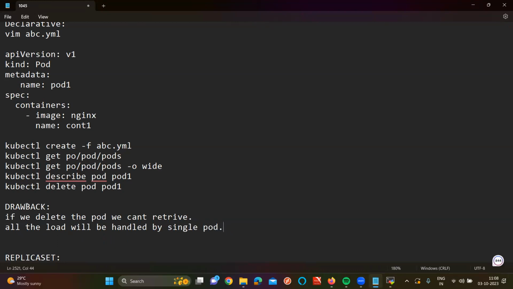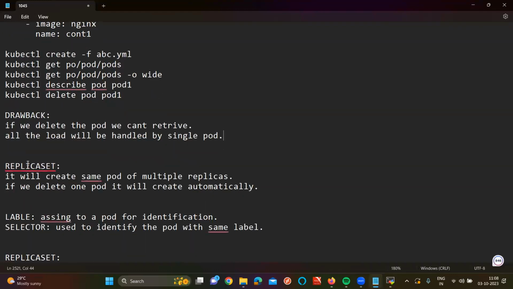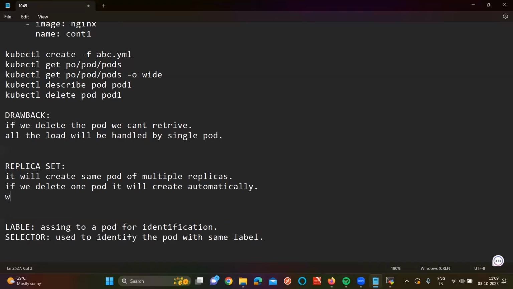Correct or not, sir? But if I have replicas, can I share the load or not? That's it. For that purpose, we use replica set. Replica set is nothing but it will create the same pod with multiple replicas. That means the pod is going to be the same, but there are multiple copies. If we delete one pod, it is going to create another, and we can distribute